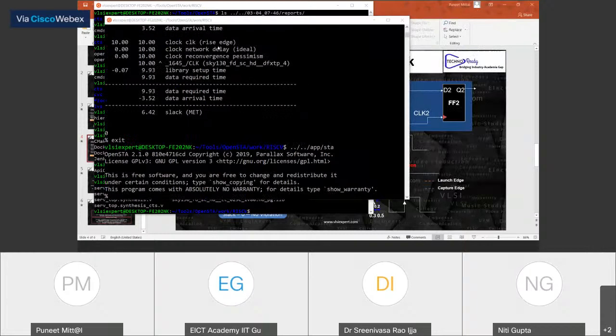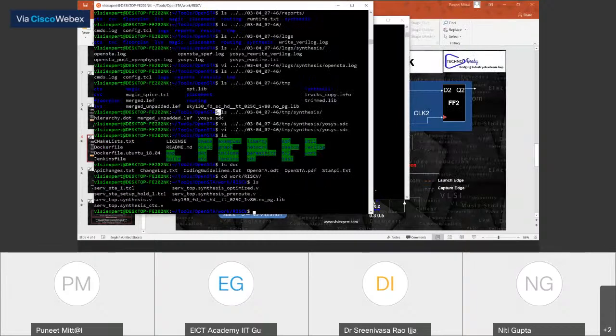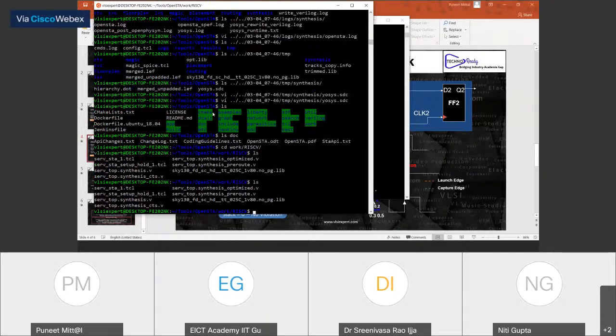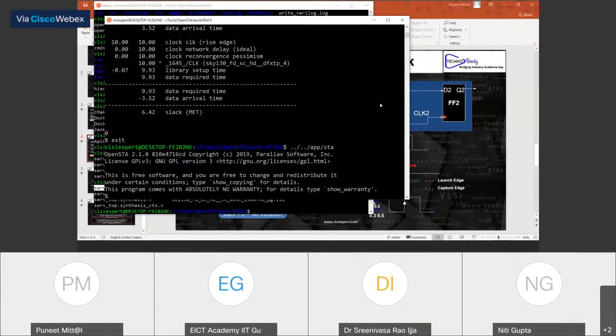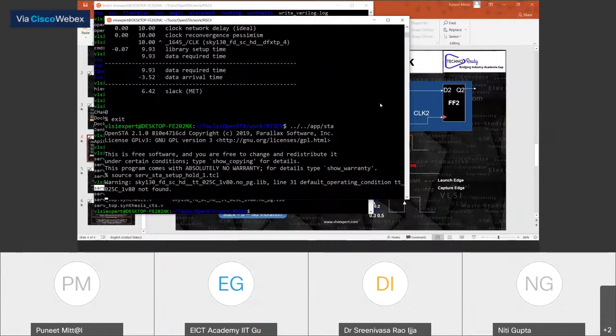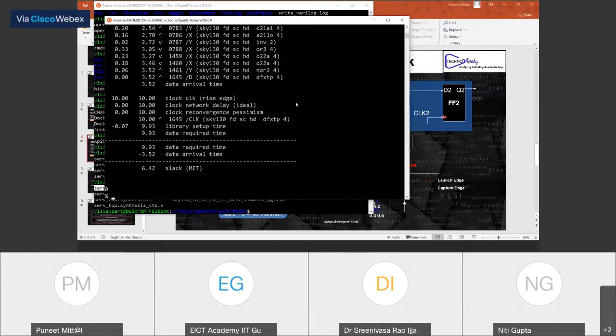There is a file in this location, sta1.tcl. If you remember, I created it yesterday. I hope you also created it. Source this, and I got some result.